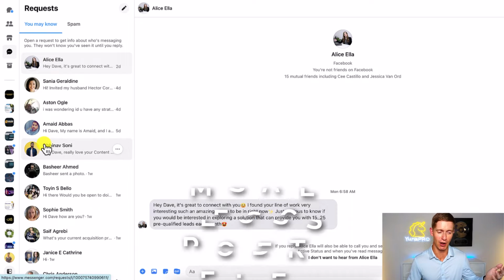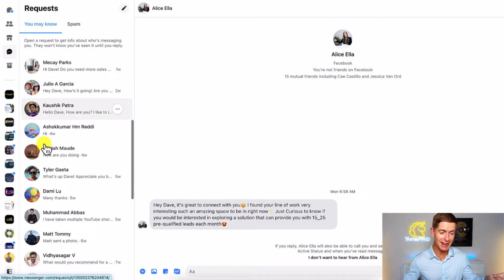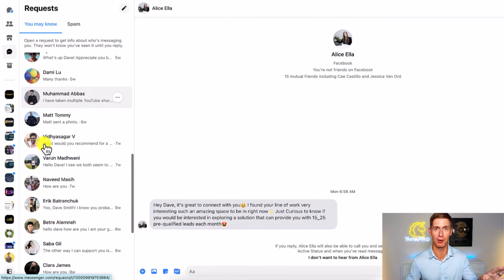And here's a list of all these strangers who have sent me messages inside of Messenger, and I never see any of these unless I specifically go hunting for them. You don't want your messages to get lost in a message request folder, so make sure you send a friend request before you send a message in Messenger. That's one reason. The second reason why it's so important to send a friend request before you start up a